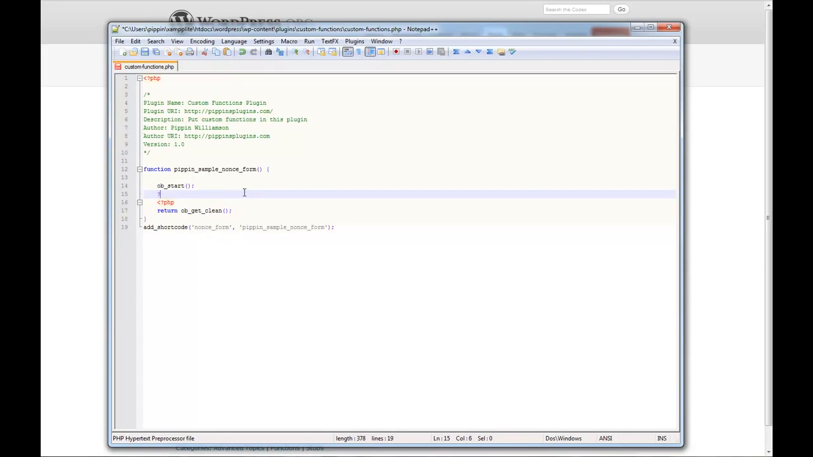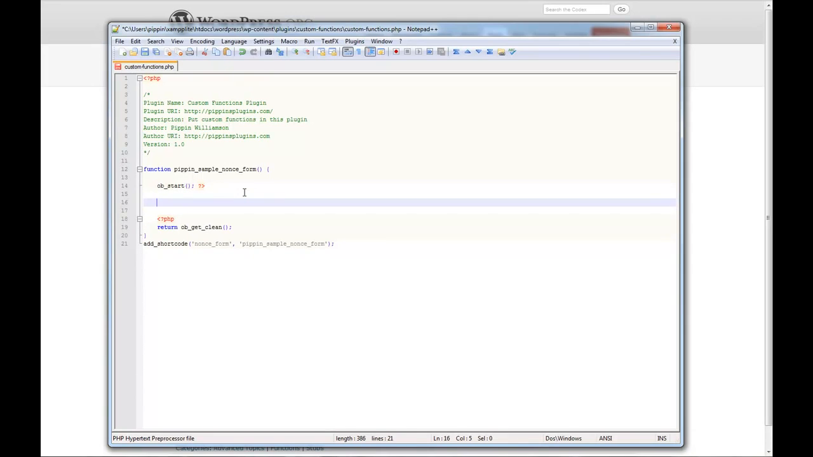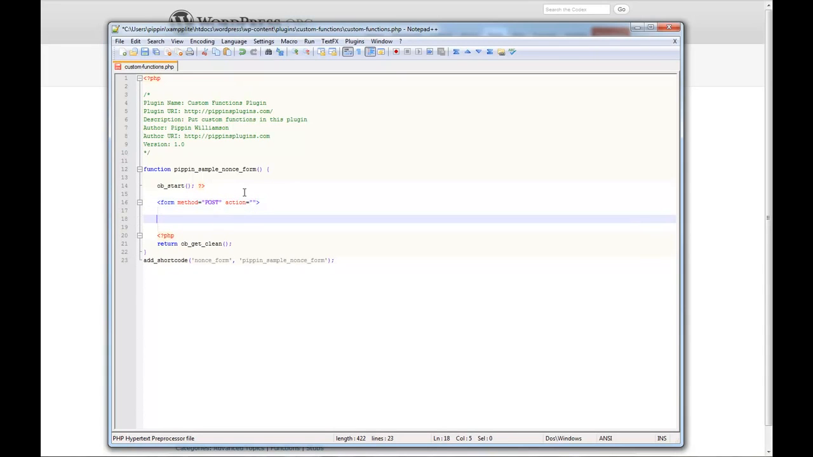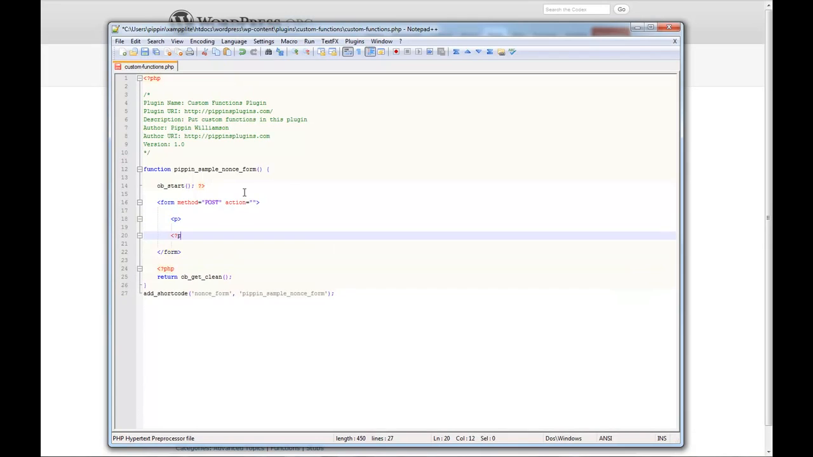Okay, so now inside of my output buffer I can actually write out the form code. This is a pretty simple form. It doesn't really need anything at all because we're just using it as a sample. So I'm just going to give it a method, and I'm going to give it a blank action. Now inside of the form, let's wrap our input fields in a p